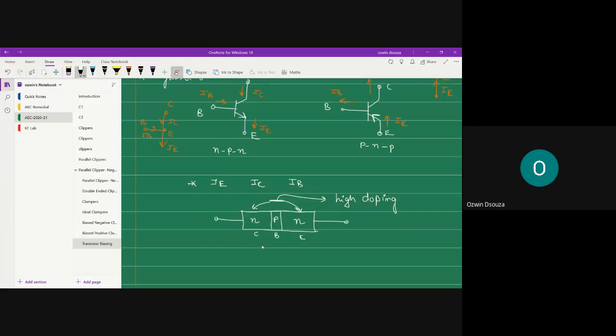Due to high doping, your collector current and emitter current levels are very high